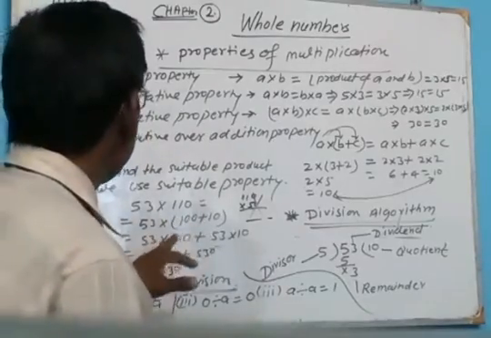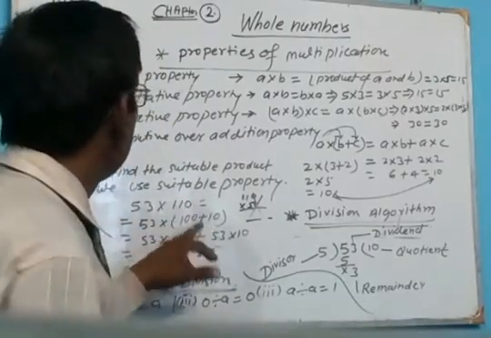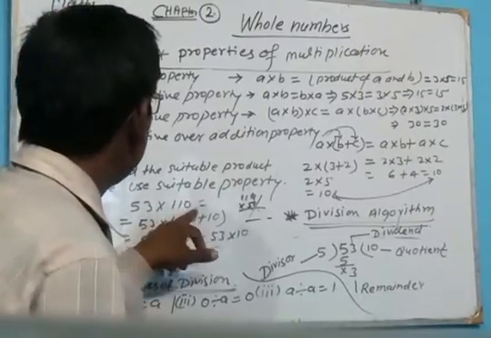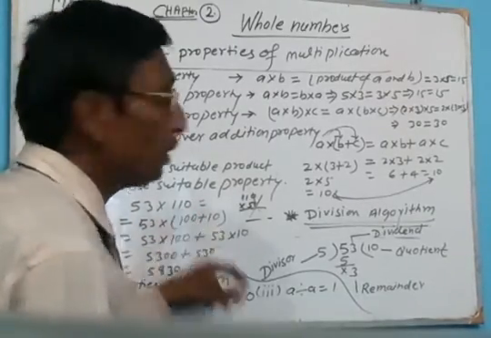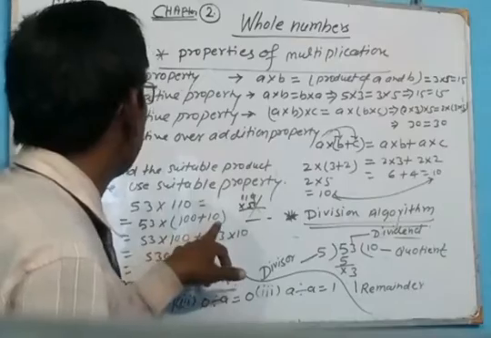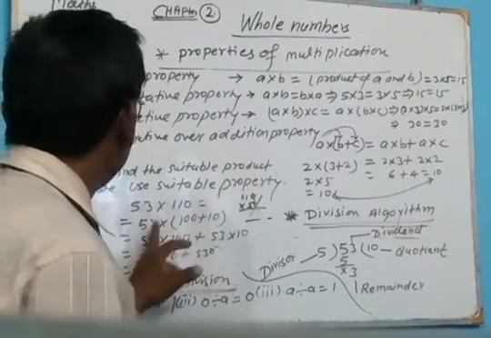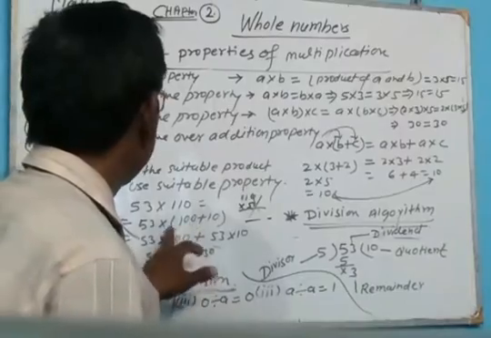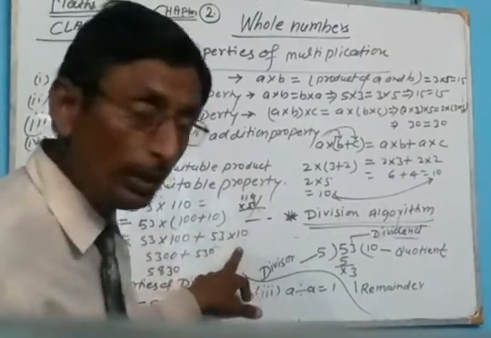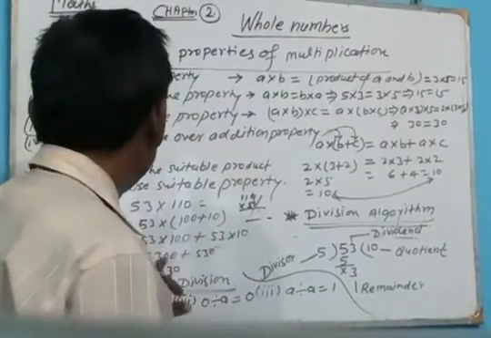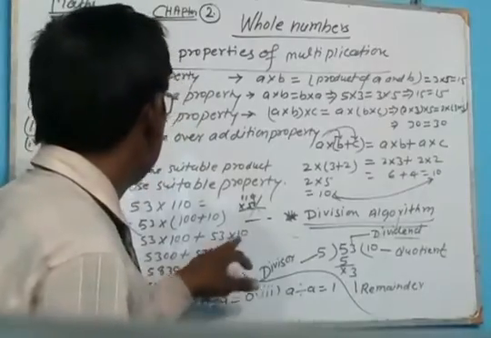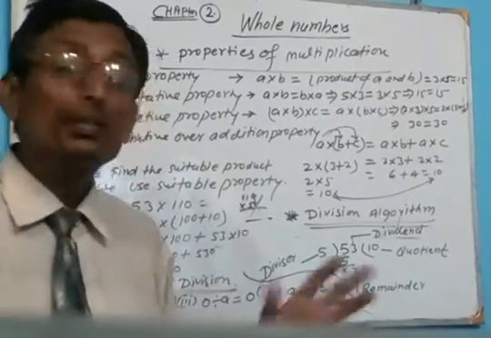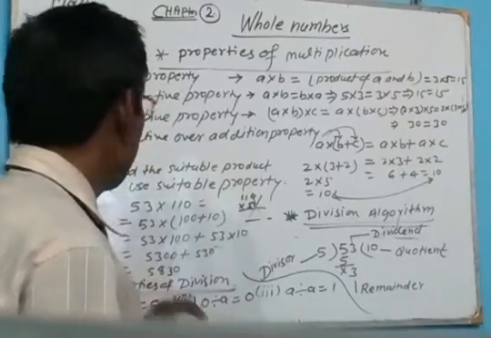So first of all, we have to find the zero addition of this number. Here 110, that means we have to separate it into 100 plus 10. And when we multiply 53 by 100, and after that multiply 53 by 10, then we get 5300 plus 530. It is the easier way, and after it we sum it and we get the result 5830.